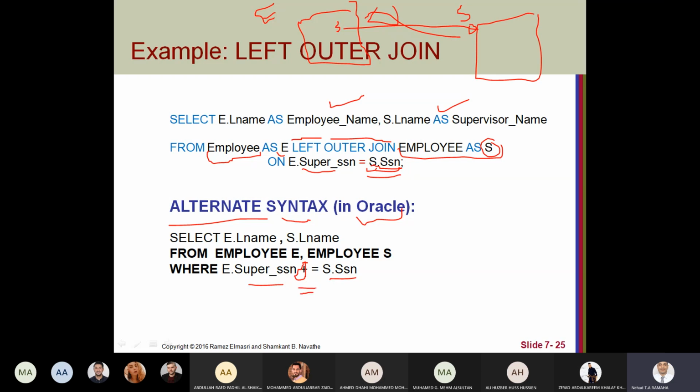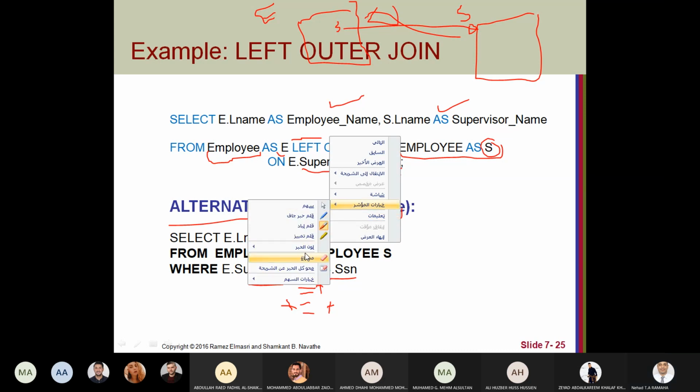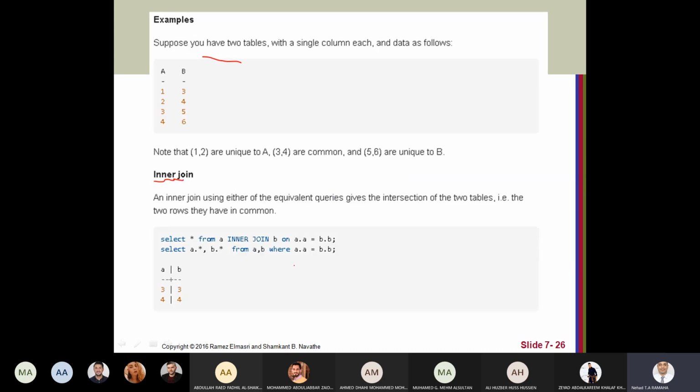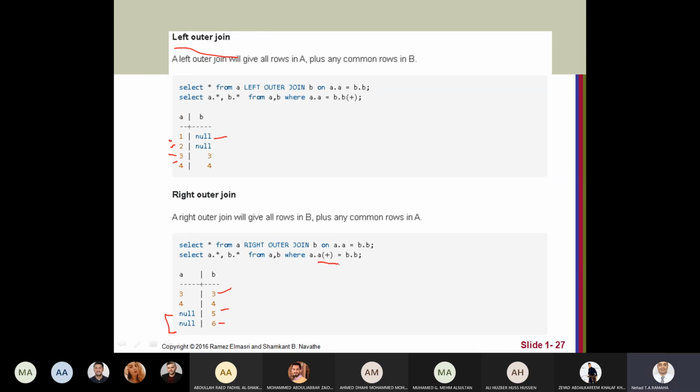If we have it like this on the right, this means right outer join. If we have plus equal plus, this means full outer join. This works only for specific DBMS like Oracle. It will not work in PostgreSQL, and we depend on PostgreSQL. This only works for Oracle. So even in this example, you will find it.